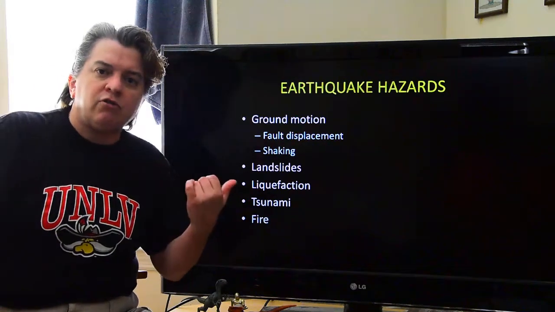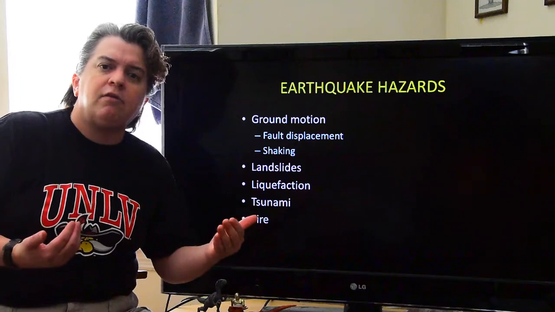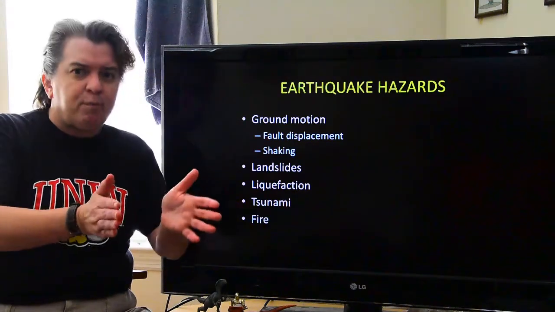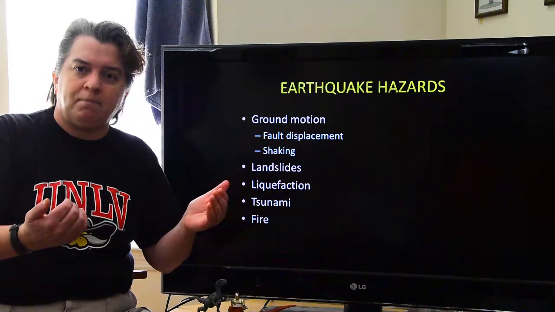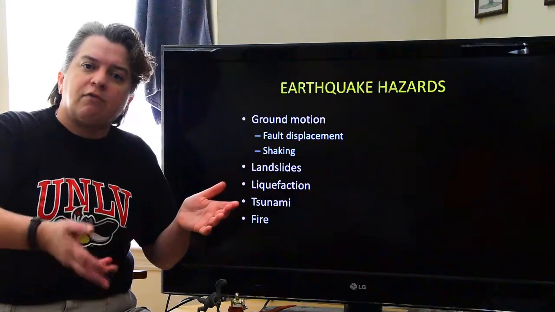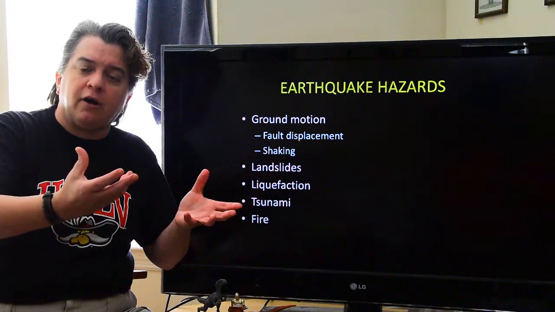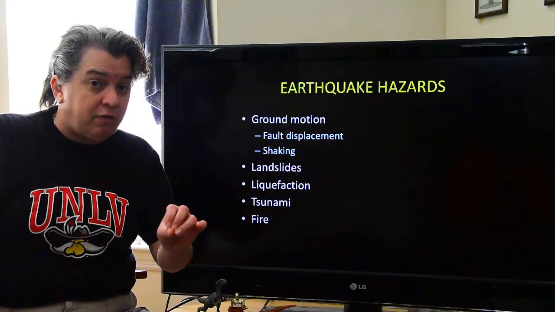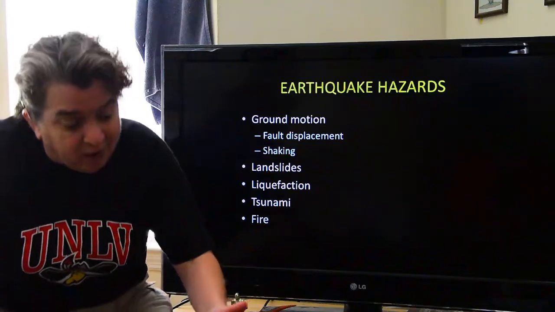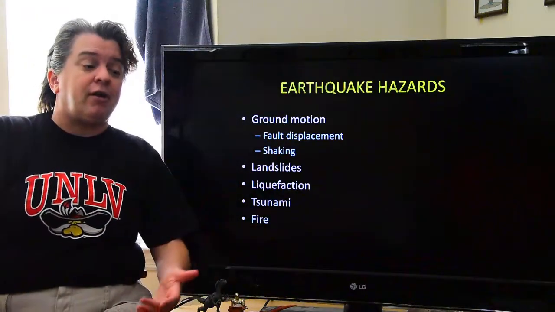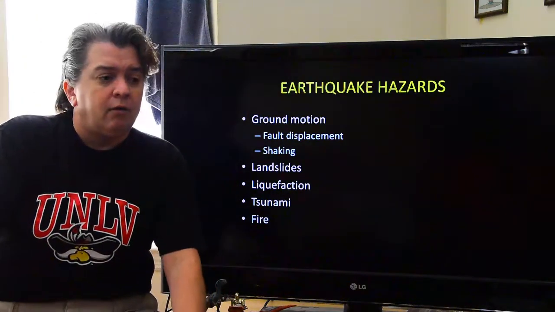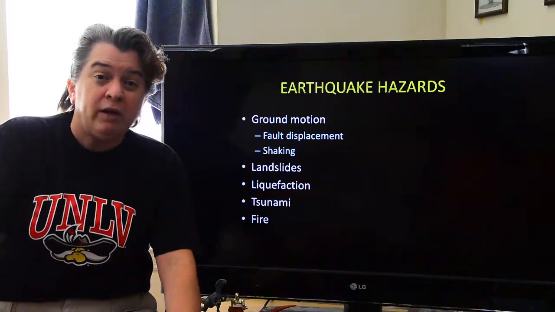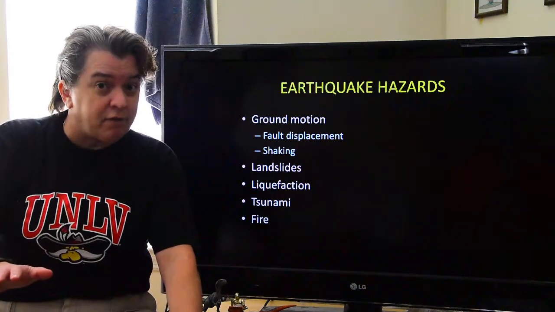And look at what I showed happen to those railway lines in New Zealand. Now think, if you have these pipes underground, those can get broken. So now this natural gas will be venting into the atmosphere, and a spark of any kind could ignite that. Okay, so we have a fire, right? A fire started. You call the fire department. We just had an earthquake. They're probably really busy with all kinds of stuff going on.